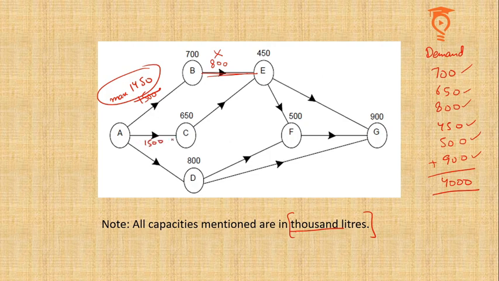Similarly, if you send 1500 in the pipe AC, it will consume 650 and then 850 will be sent through the pipe CE, which is not possible because the capacity is only 750, which tells you that a maximum of 1400 can be sent through this. So together these two pipes can bear only 2850. So the remaining 1150, that means AD has to bear a minimum of 1150. You may note down this data before moving ahead to the question.